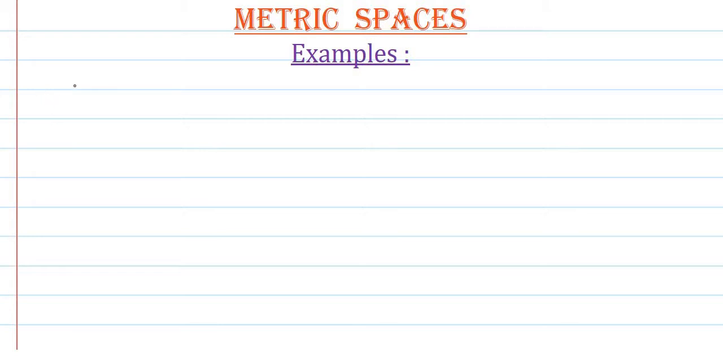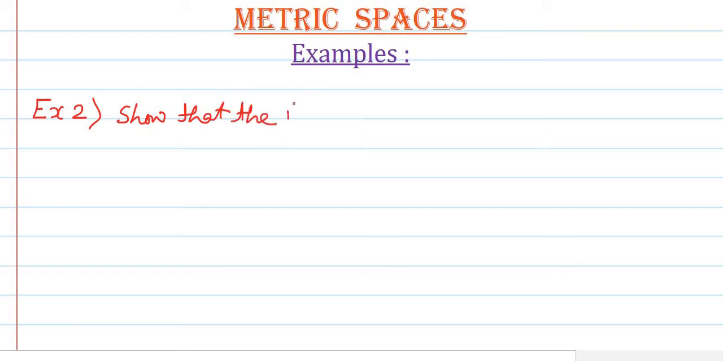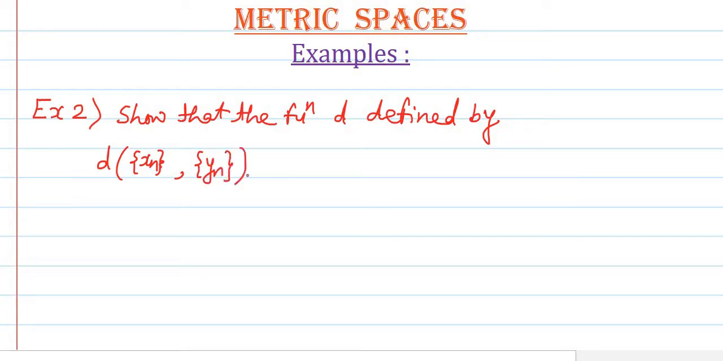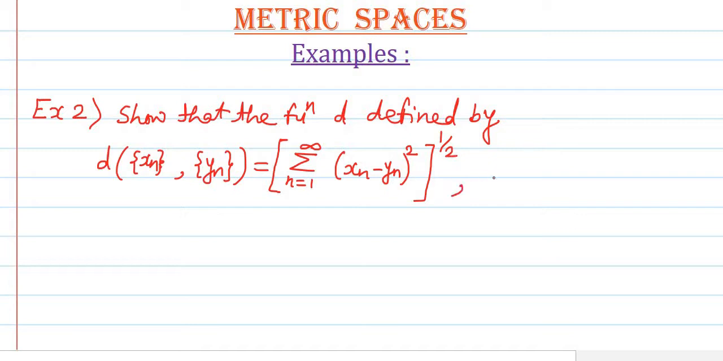Next is example number 2. Example 2: show that the function d defined by d of sequence xn comma sequence yn is equal to the summation over n equal to 1 to infinity of bracket xn minus yn square, and the whole bracket raised to 1 by 2. 1 by 2 power means it is under root of that, and this is for all sequences xn and yn